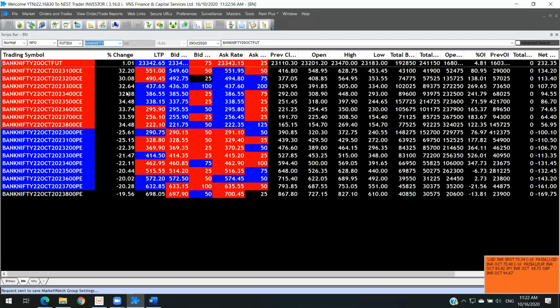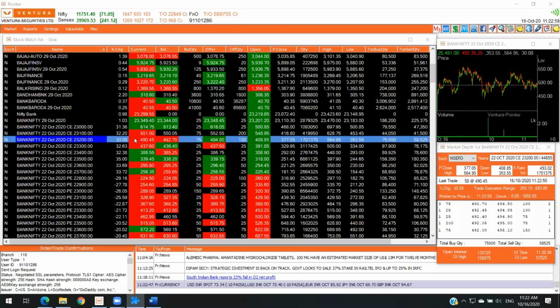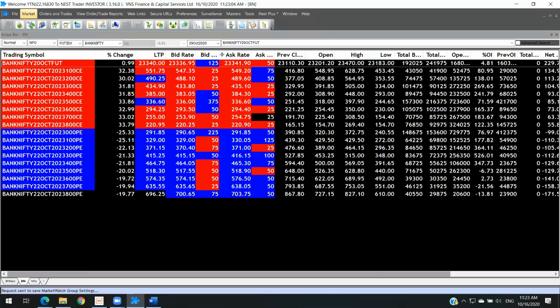Now I needed to save this file. Look at this, go to MarketWatch, save group, and then you will be able to save it. Just give me a second, guys.